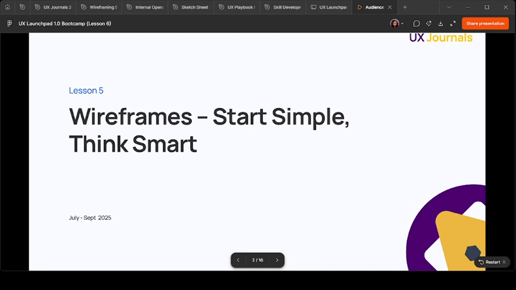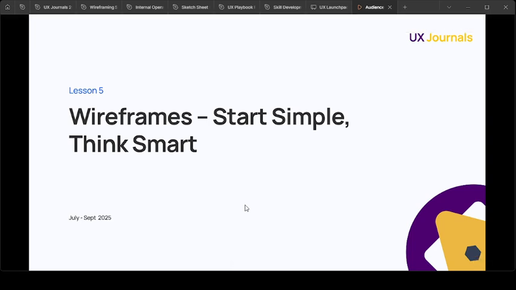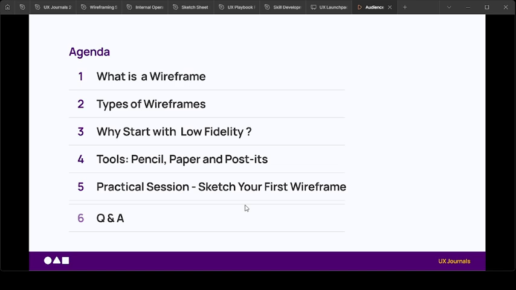Great. So today we are going to learn about wireframes. Have any of you heard of wireframes before? Okay, so I presume none of you have heard of wireframes before. Well,